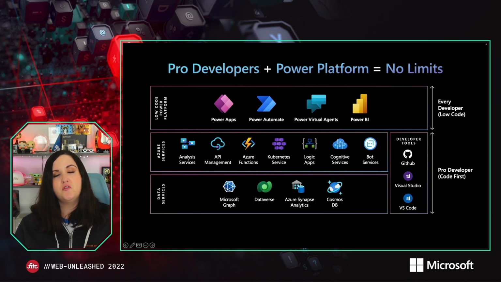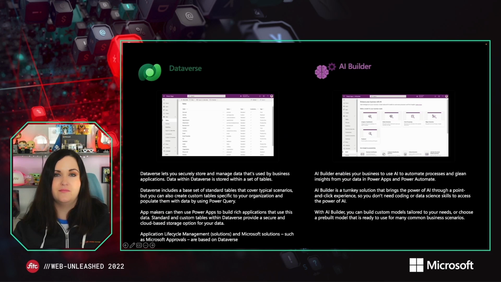And as a professional developer, you don't have to leave the tools of your choice to be able to add in some of this integration. So we have Power Platform tooling baked into Visual Studio and VS Code, and we have integration with GitHub as well. And we also have something called AI Builder, which gives us a low-code approach to adding in artificial intelligence